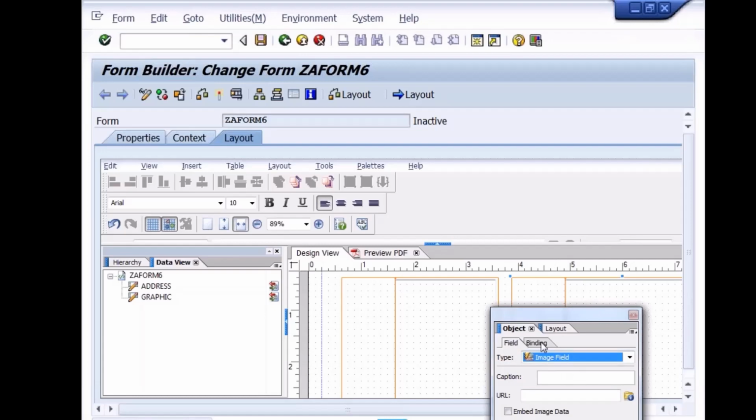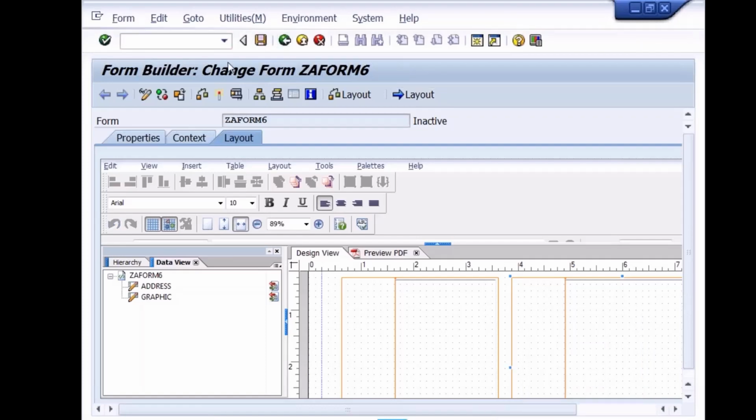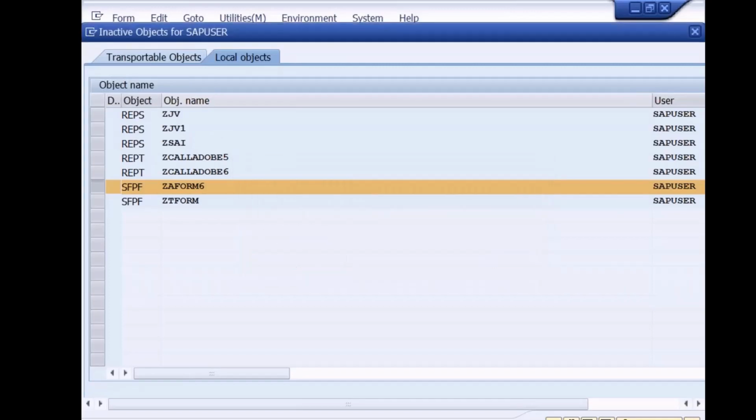Then I'll go to what? Binding. It has to be binded with what? Graphic only na? Yeah, it has to bind with what? Graphic only. This graphic is binded with what? Logo. Yes or no? Graphic is binded with what? I_logo only na? Done. Okay, so let me save it, check it, activate this. Okay, so are we giving the name of the logo there? Are we giving the name of the logo? No, we are only binding with a what? Parameter which is carrying that particular picture name, logo name. Okay, so let's see programmatically how to control that. Are we clear to everyone?